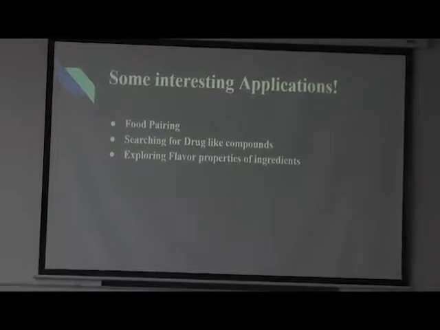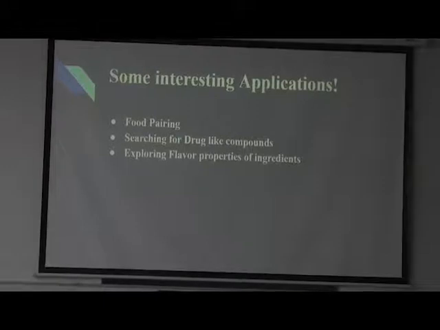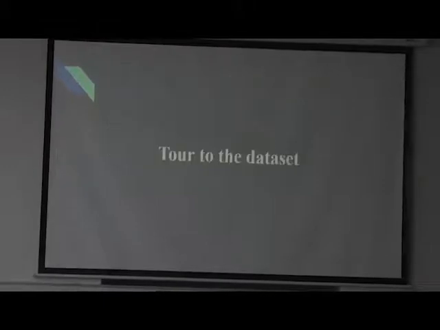Searching for drug-like compounds. On the website, since we know the chemical or molecular characteristics of a particular drug, based on those characteristics we can search for which ingredient is responsible for that drug. That can be done using CleverDB. And the next thing is the caloric and flavor properties of each ingredient. Now to the data set, which will be explained by Trip.